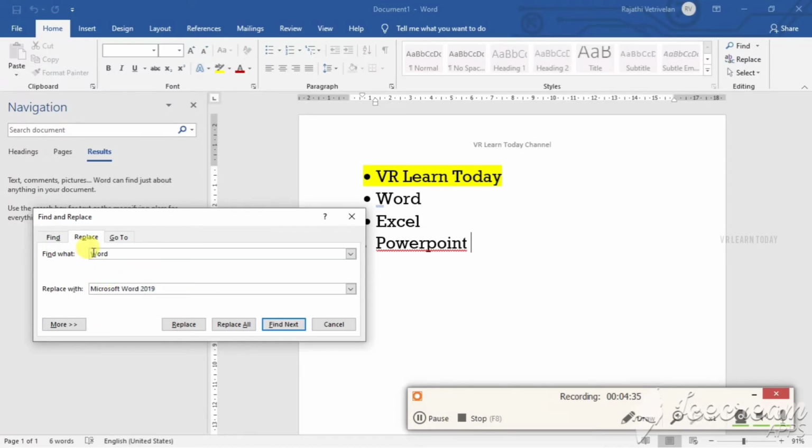Here, in Find what, you have to give the word or sentence which is available in the document. Here, in Replace with, you can give whatever you want to replace it with. So you give it here and just press Replace All.